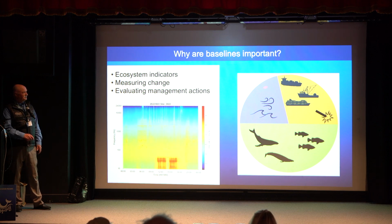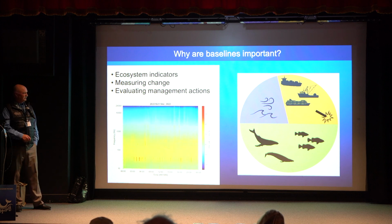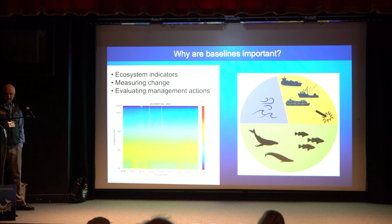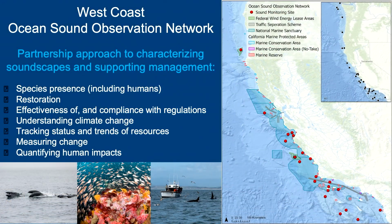And these can vary with season, and they definitely vary from one sanctuary to another. And we can see then in different management strategies how these things will change if we change shipping lanes or ship speeds or something along those lines. This is a big simplification. So with this observatory network and a big partnership of it, I'll show you all the partners later, we can